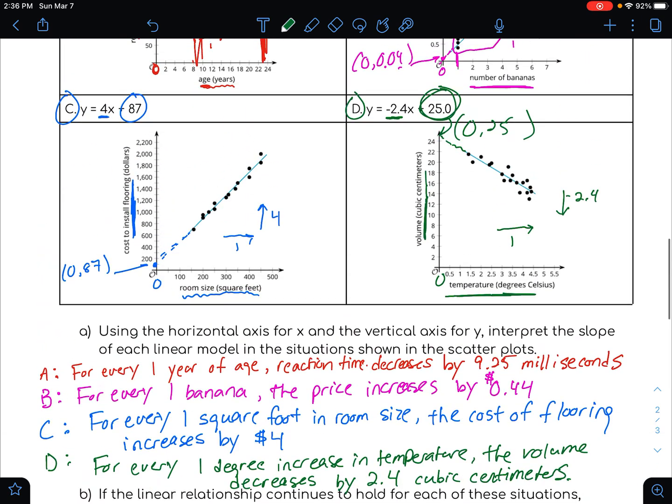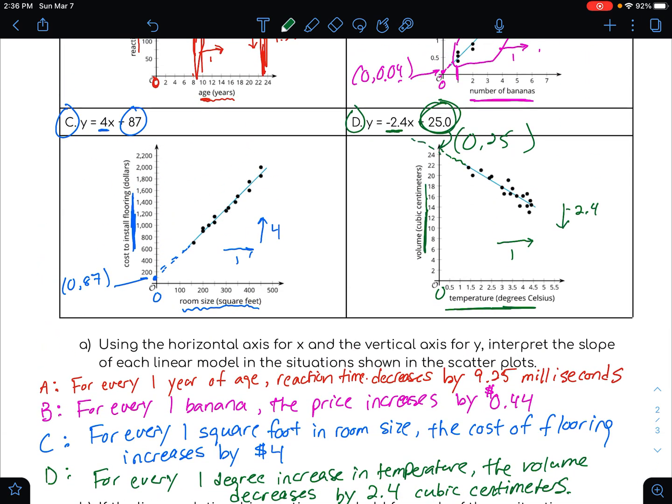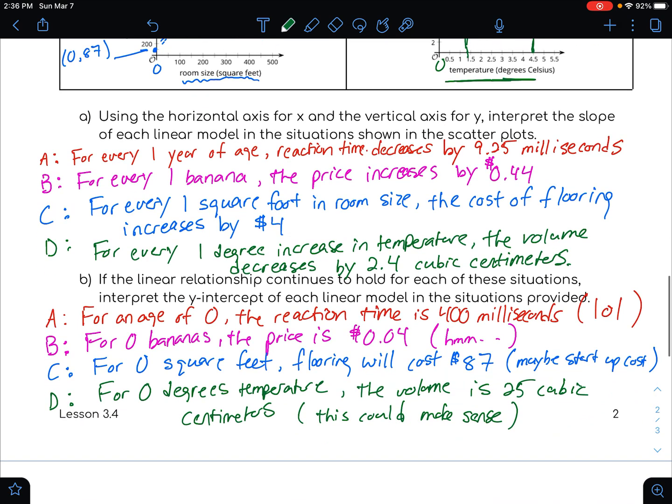But the volume could continue to go backwards, even into the negative temperatures, right? So this one could actually be pretty accurate as you extrapolate backwards beyond the data set that we have. And notice the data set runs from roughly 1.5 degrees up to 4.5 degrees. But the literal meaning of the y-intercept is